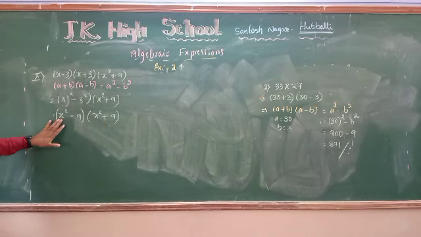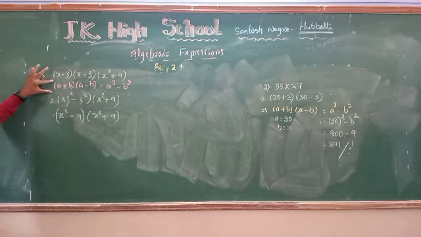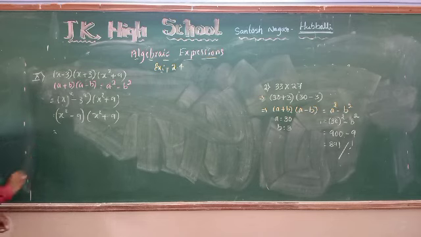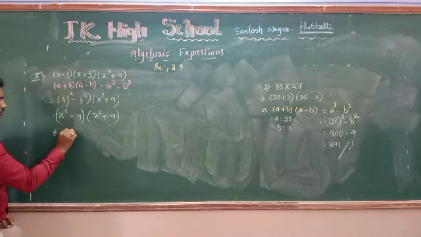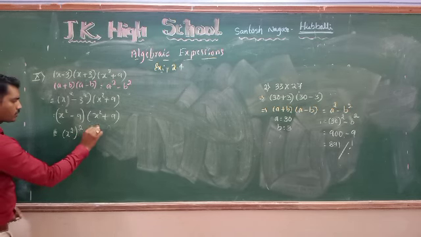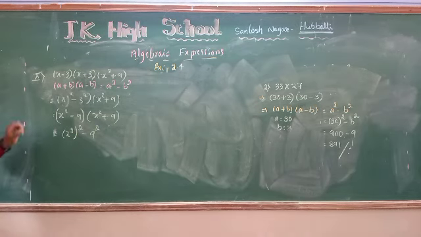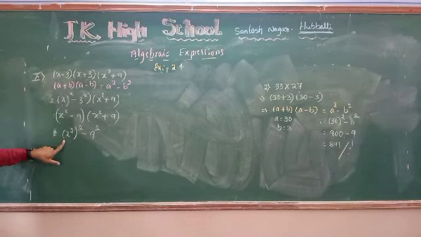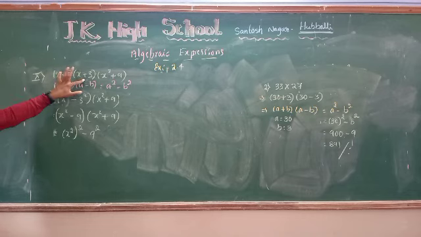Next term, (a minus b) into (a plus b). So these two terms will come under the identity of (a plus b) into (a minus b). How to take this? a square means (x square) the whole square minus b square is what? 9 square. Look here. When we were solving the question, the a value was x. Now the a value is x square, because already we have simplified these two steps by using the (a plus b) into (a minus b) formula. We got x square minus 3 square.